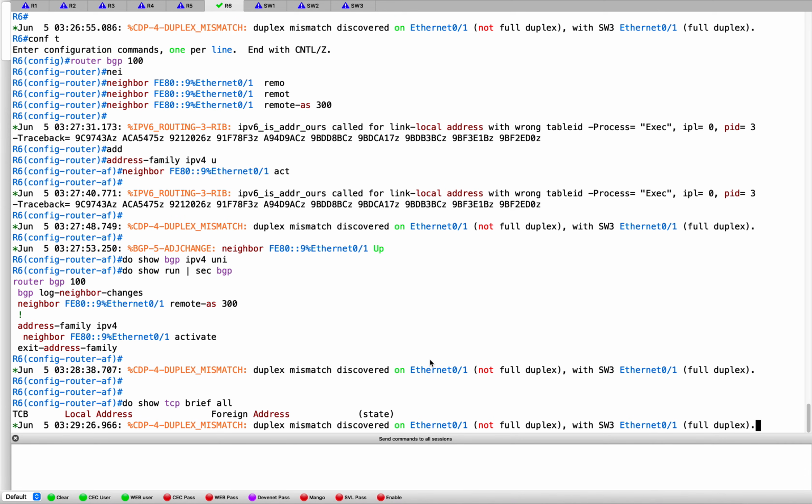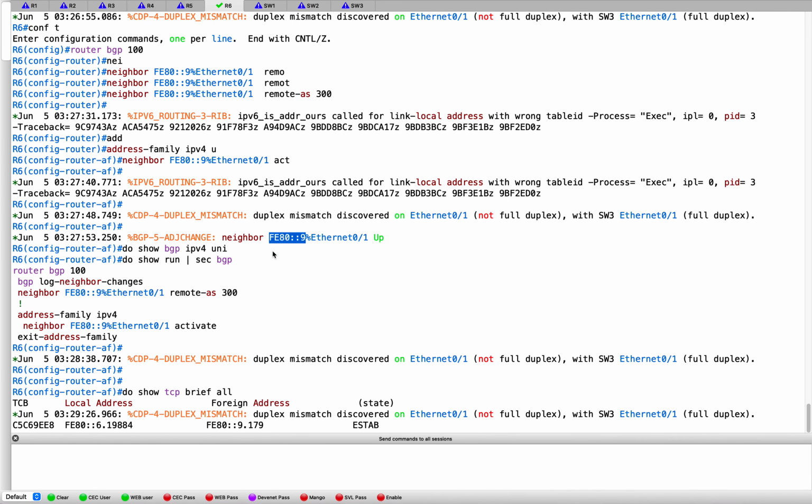Why is this problem even happening? When you see the output of this, you will basically see the BGP peer, or you can see here also, the neighbor FE80::9. Even here it shows the same neighbor in the TCP table, but it uses the same logic to find the next hop. Now in this case, when it tries to find the next hop, FE,